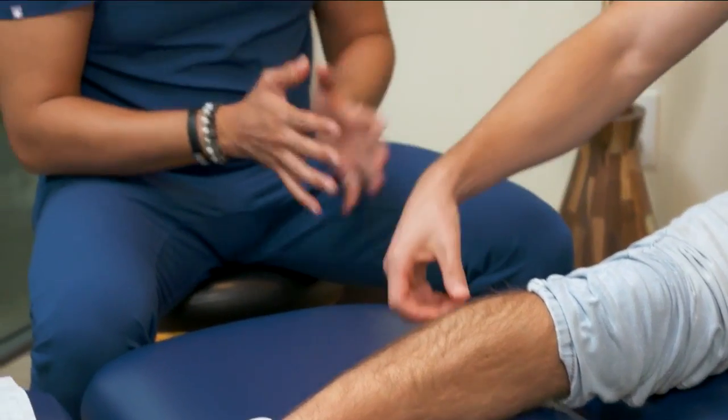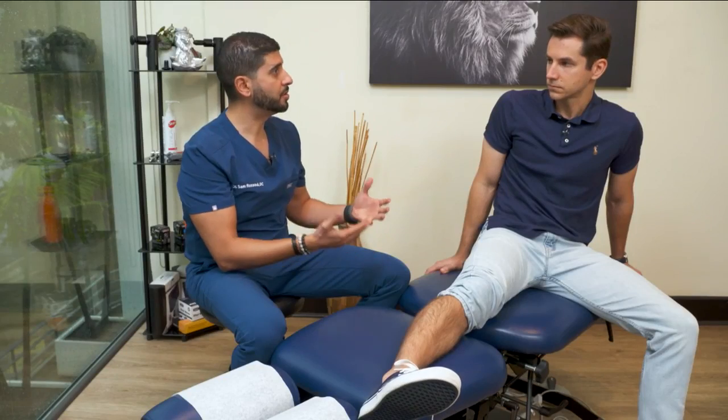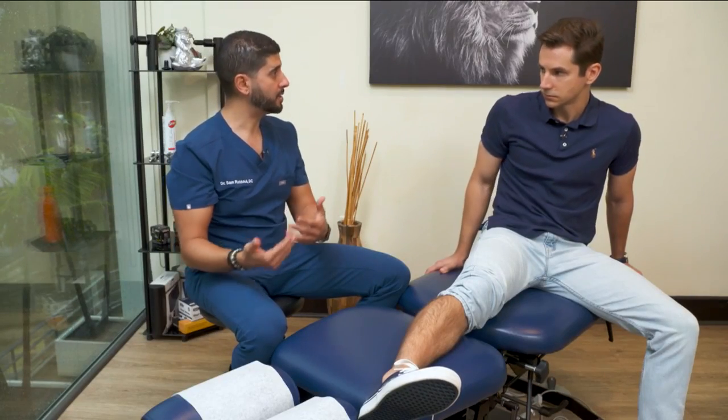Okay, that's number one. So this is something that anybody can do. Exactly. Now, let's say you do that at home, and you're not getting the relief you need. You still go for runs. You still feel the tightness. That's when you can see a medical professional like a sports rehab specialist, like a chiropractor or physical therapist, and